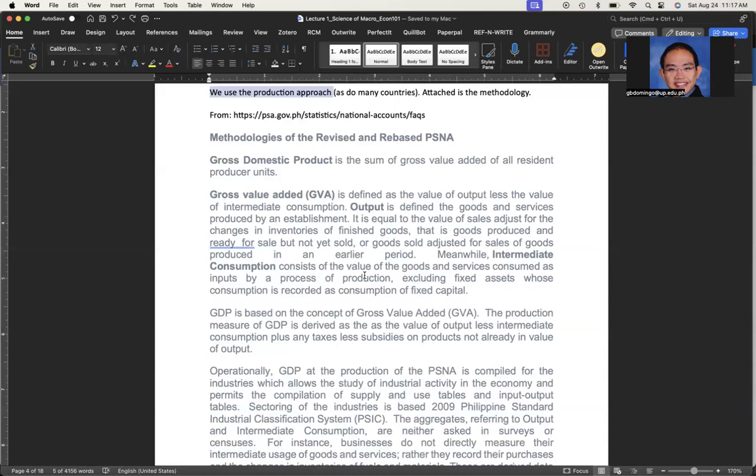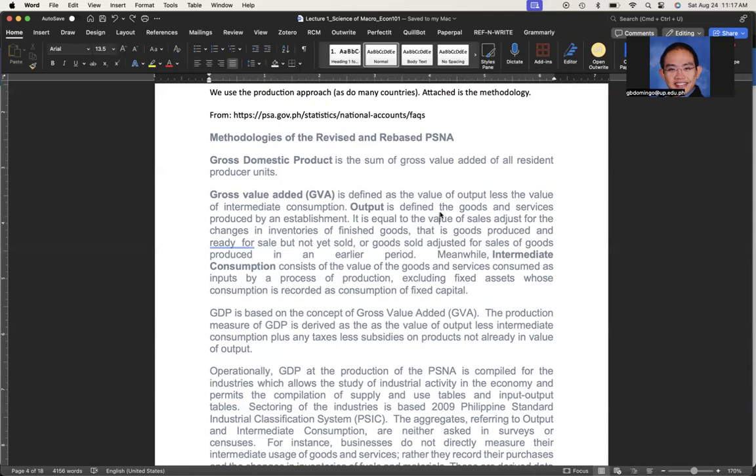All of the domestic producers' output or production is included within a period of time. Now, gross value added is defined as the value of output less the value of intermediate consumption. Output is defined as the goods and services produced by an establishment. It's equal to the value of sales adjusted for the changes in inventories of finished goods, that is, goods produced